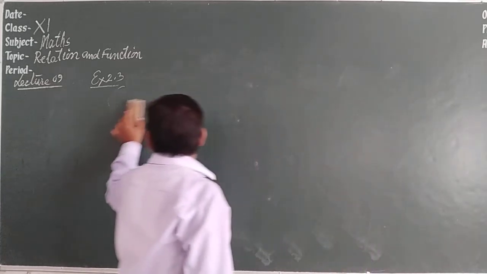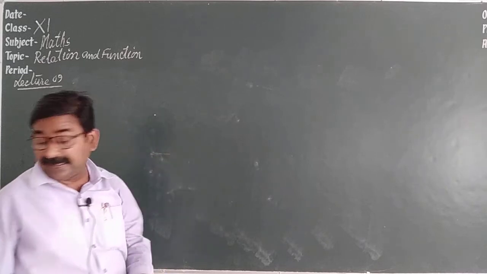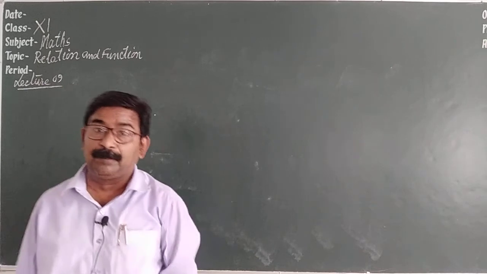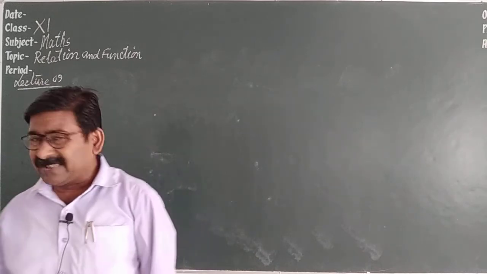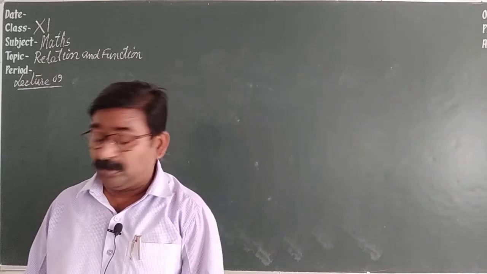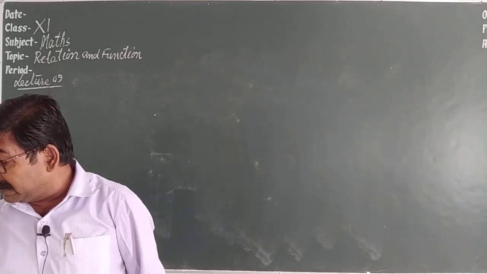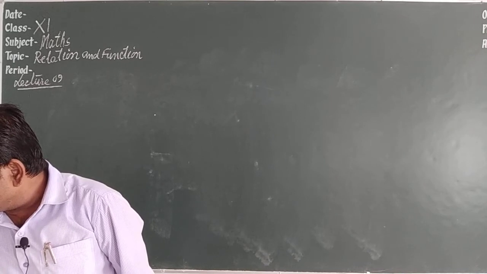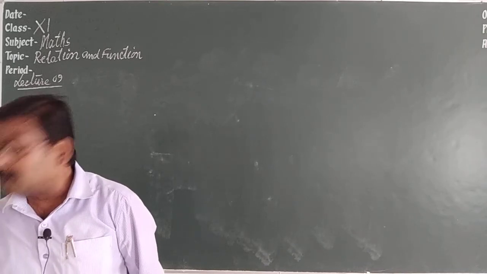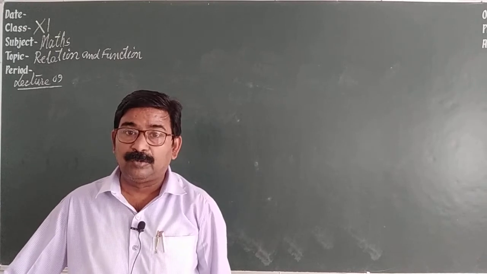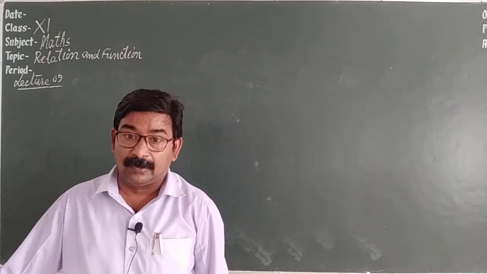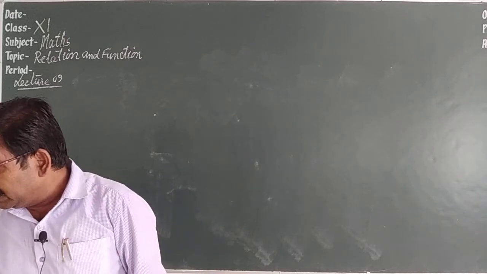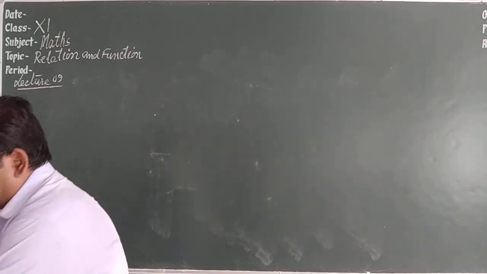Now, before starting the miscellaneous exercise, we have an important question in the examples. There are many examples, but very simple ones, you know this. I am giving example number 20 and example number 21. I am solving these. After that, we shall start the miscellaneous exercise. Example 20, I am reading.